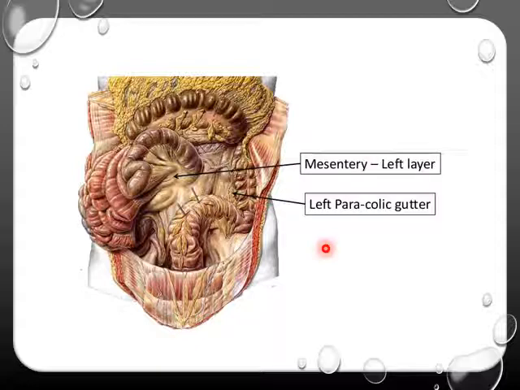The tube which we have imagined is either the ascending colon or descending colon. When the peritoneum is covering either one of them, there are small depressions which are being formed on the sides of the colon, that are nothing but our paracolic gutter. So here this one is the left paracolic gutter, because this is the descending colon which is lying on the left side. The paracolic gutter associated with the ascending colon will become the right paracolic gutter.